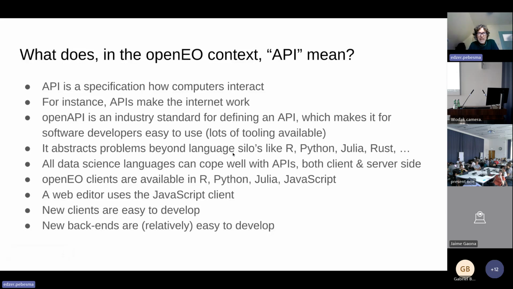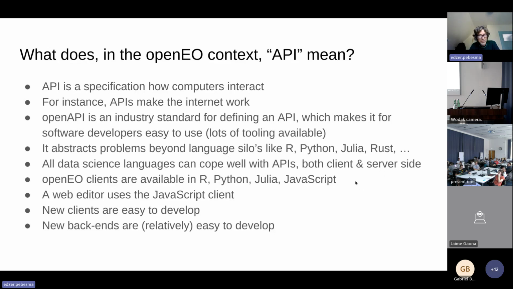In addition, there are all the data science languages that we use. If you would write something entirely in R or entirely in Python, like if you think of Pangeo, which is basically xarray and Dask, that's a great system, but it's Python constrained, right? So they have the problem that some people do things in R or in Julia, and they have a problem connecting to those because everything is in a Python silo. With an API, you don't have this. All these data science languages have infrastructure to easily write clients or servers that conform to this API, right?